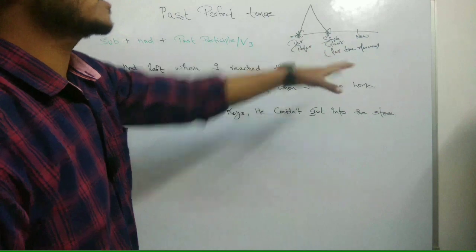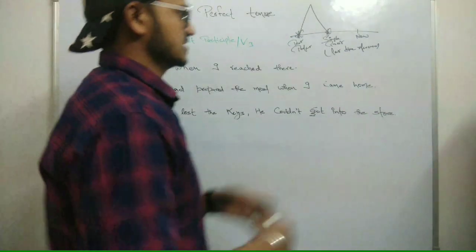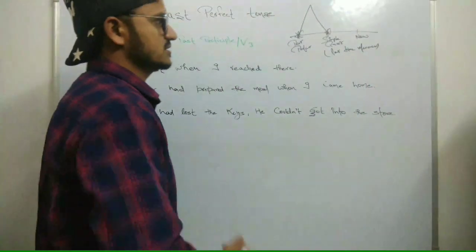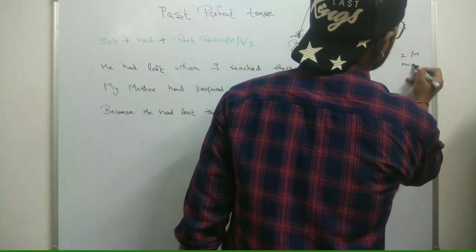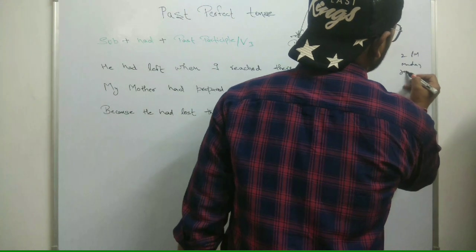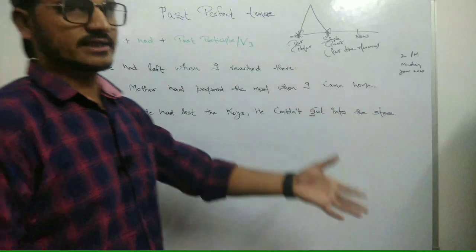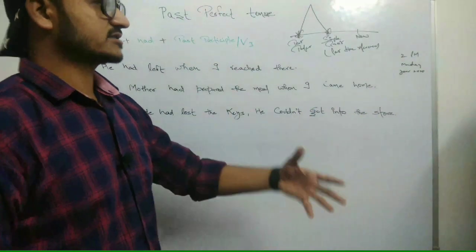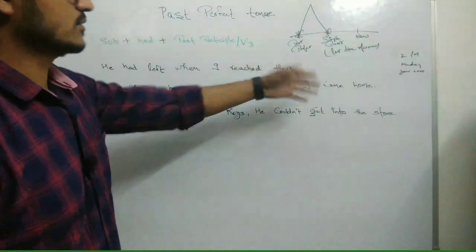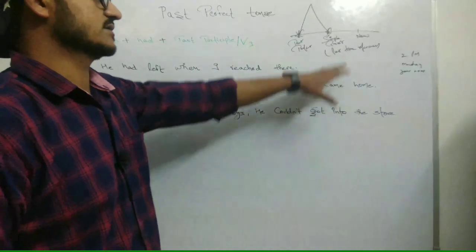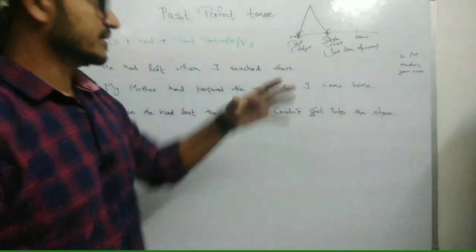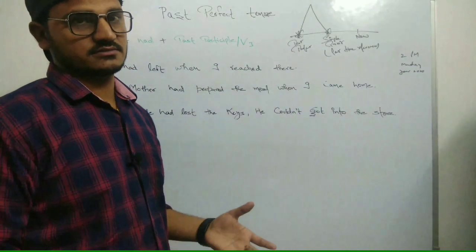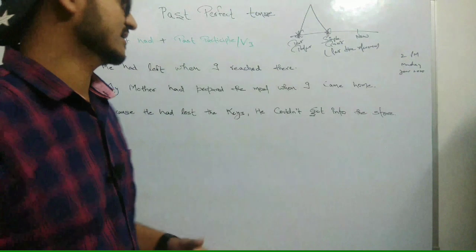Alright. And a past time reference point could be an explicit time expression. You know, time expressions are like 2 p.m., Monday, year 2020. It could be anything. It could be from a moment to a decade. Basically anything which indicates a particular time. Alright. Or it could be an action or a situation. This is the past time reference. Alright. And sometimes it is not indicated in our sentence, but it is always there somewhere around our sentence.